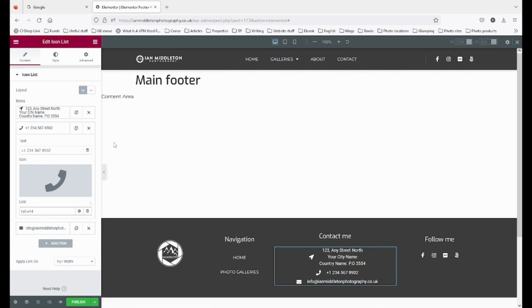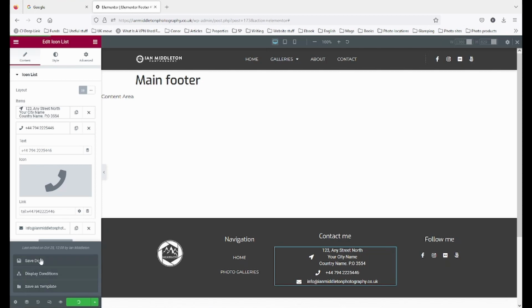So, for example, you could say +44, because people might call you internationally, for example +44 794 225 663. If that's my phone number, I will copy that and put that in here, like that. Now, not only can they read my phone number, if we save that,